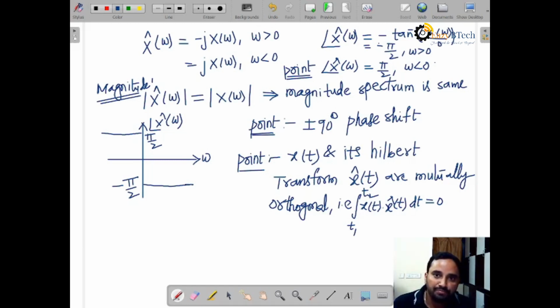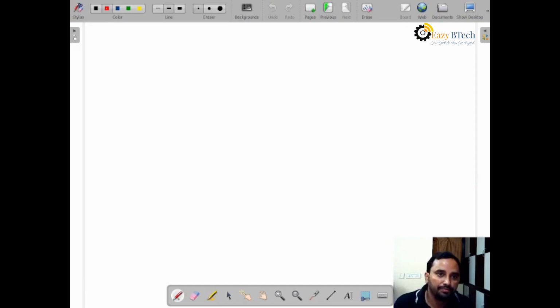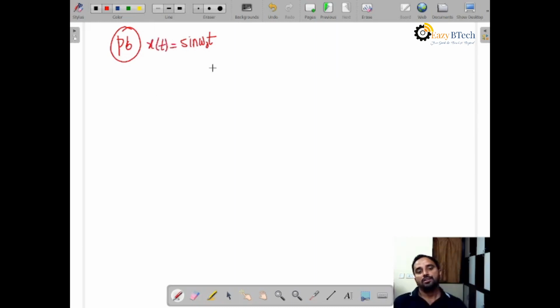Let's do some simple example problems. Find the Hilbert transform of sine omega naught t. So this is the signal, sine omega naught t, given. What is its Hilbert transform? Very simple. The solution is